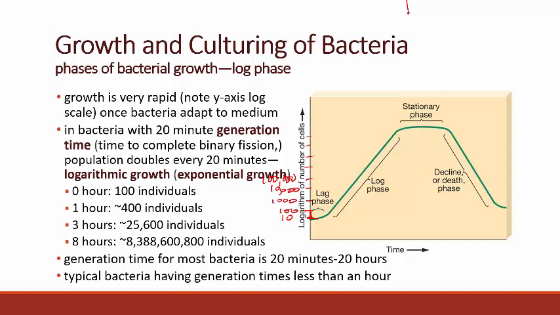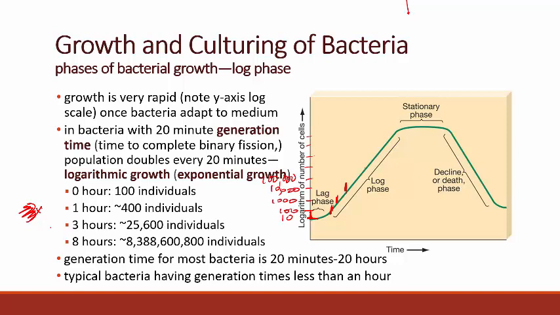So what this is saying is that every unit that we go up is actually a multiplier of 10 rather than adding 10 to it. So logarithmic growth is super rapid growth. And so if we think about a bacterium that has a doubling time, where the cells are dividing approximately once every 20 minutes, and we started at our 0 hour with 100 individuals, by the time we get to 1 hour, that's 3 population growths later,